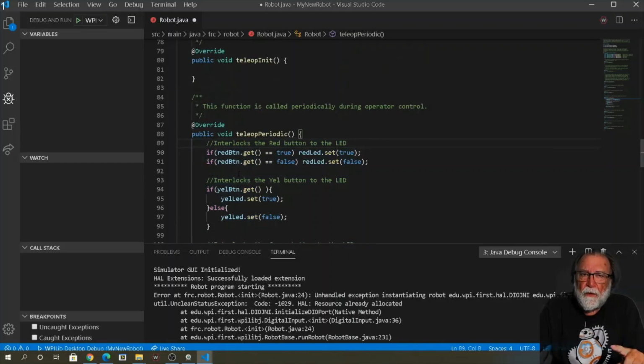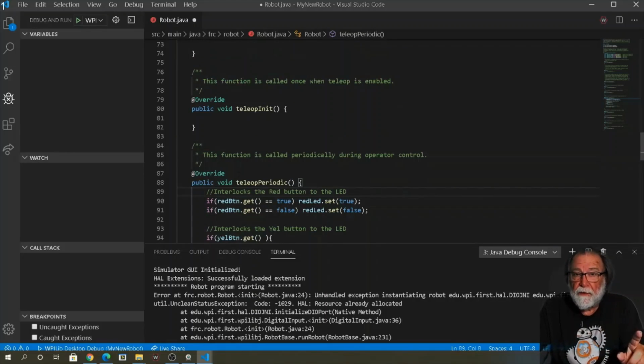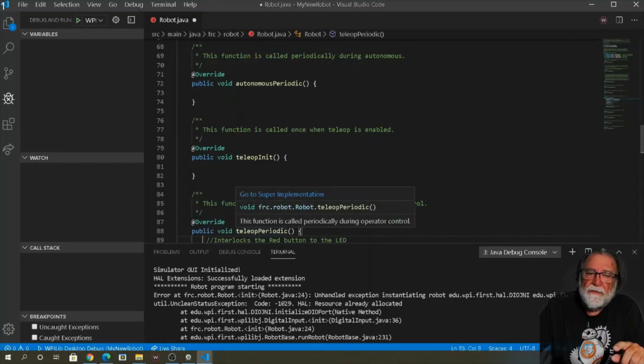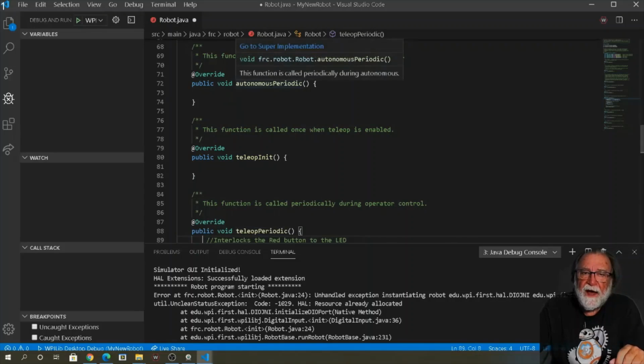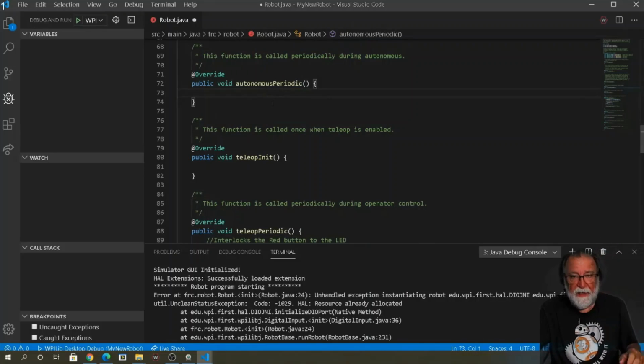But we control what mode we're in. We control teleop or autonomous or test, right? So why don't we put our code in autonomous periodic, and we'll run our autonomous mode instead of teleop mode,